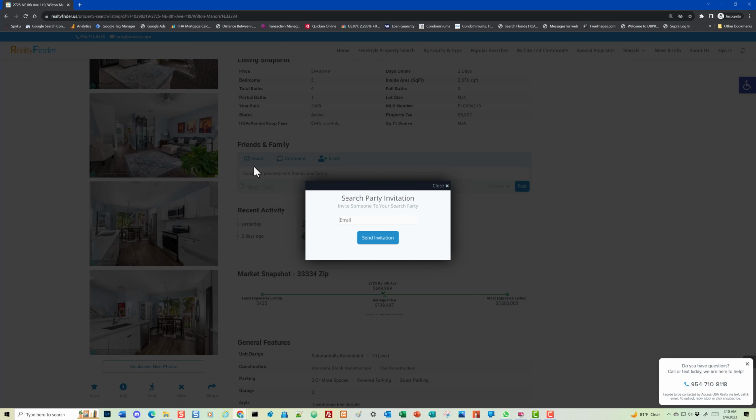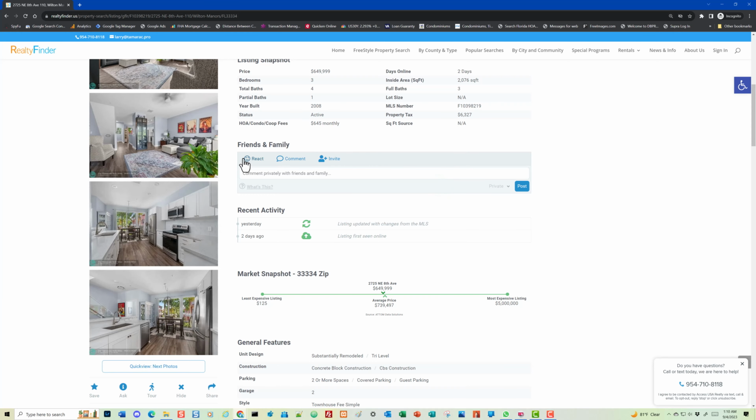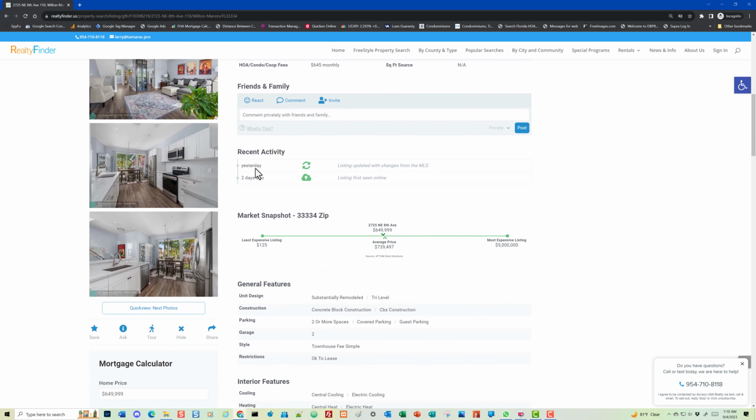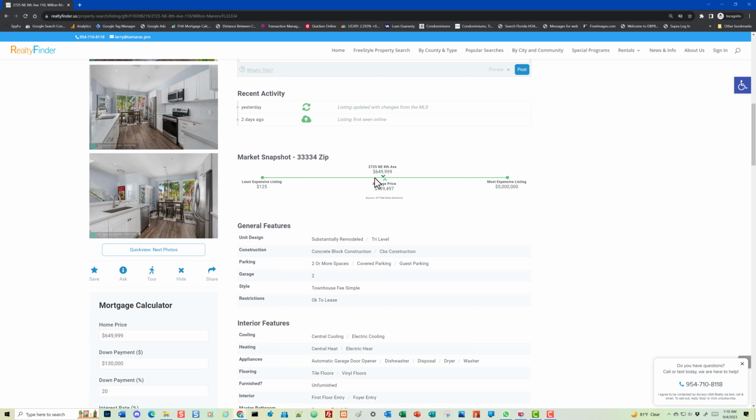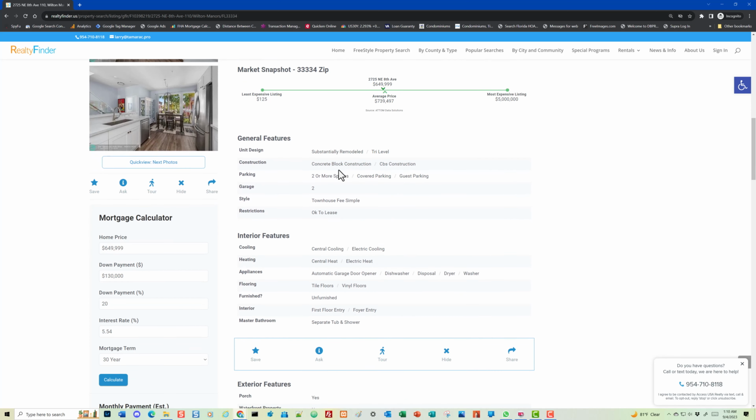If you invite from here, you're inviting them just to see this listing, and you would put their email address here and then send them an invitation, and then they can see the listing that you picked and how you reacted to it, any comments you have, etc. This recent activity tells you this was updated yesterday, but it was inputted first time 2 days ago. Then you have a market snapshot, which shows where this listing falls in the market,